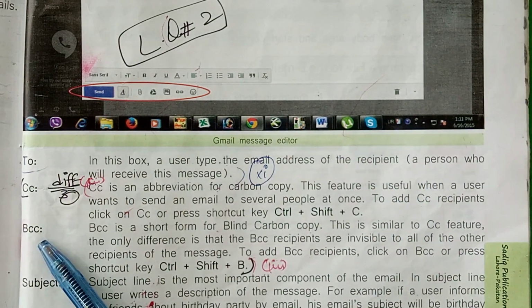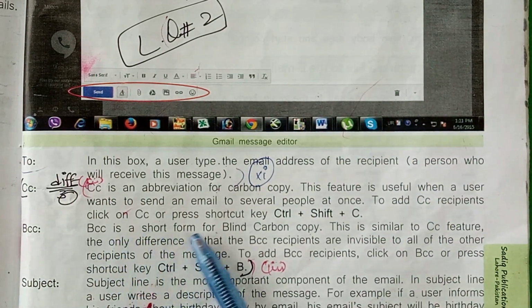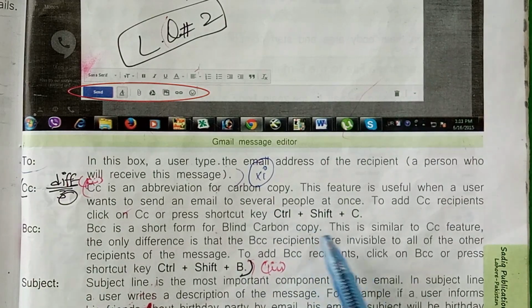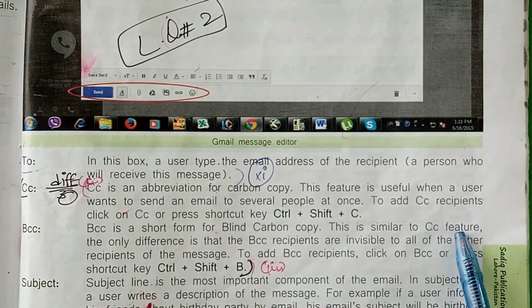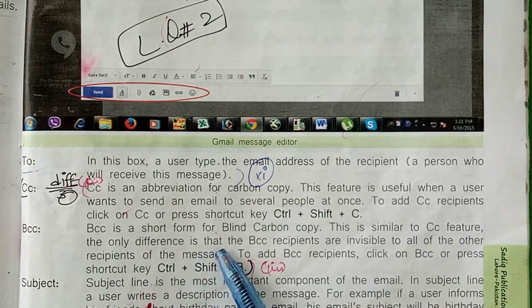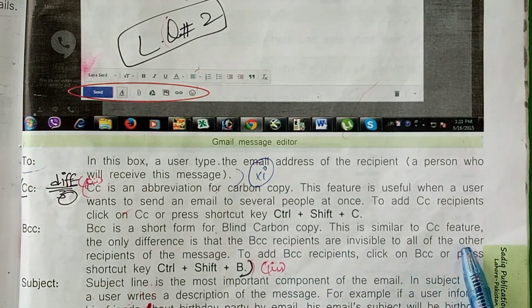Third one is BCC. BCC is a short form for blind carbon copy. This is similar to the CC feature. The only difference is that the BCC recipients are invisible to all of the other recipients of the message.